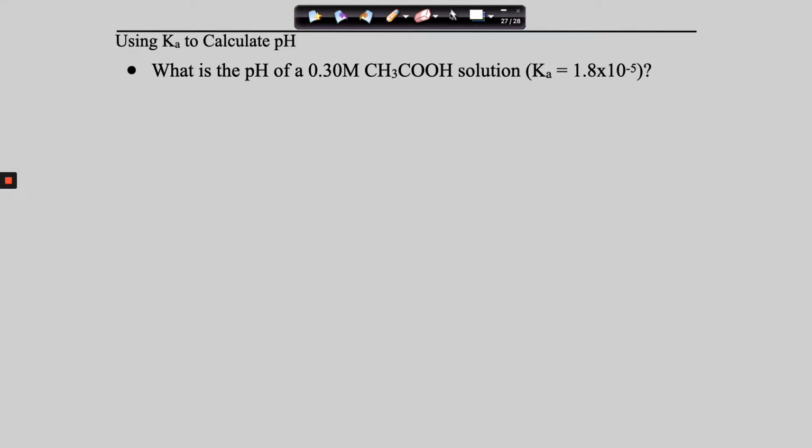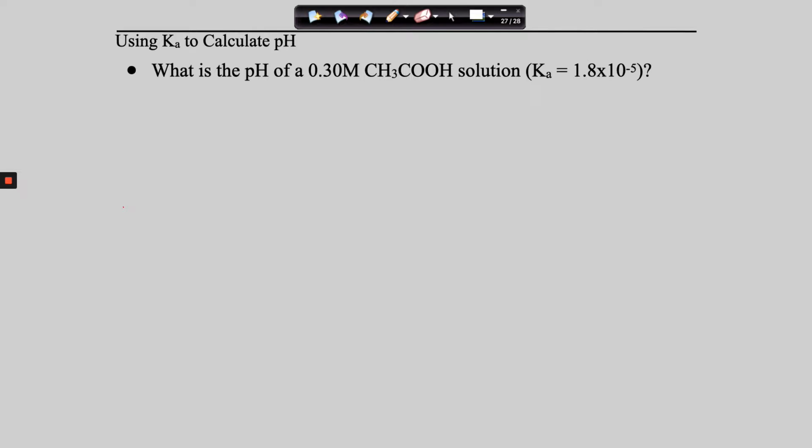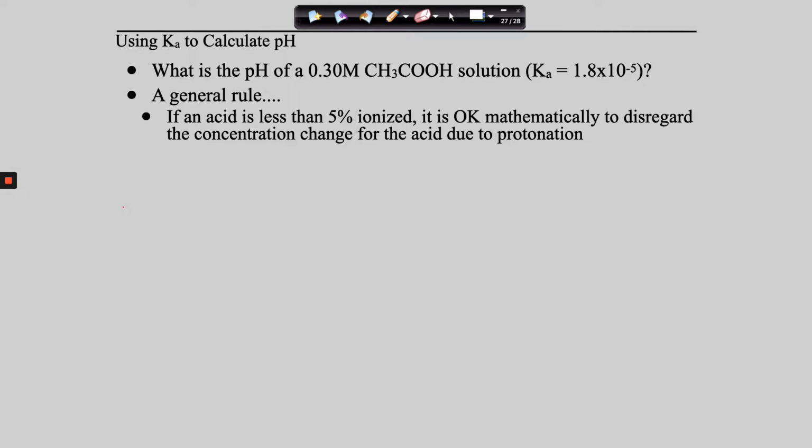So guys, this then becomes the answer. We are not going to tie it to 5%. We are actually going to tie it to Ka values. So the rule is this: if an acid is less than 5% protonated,